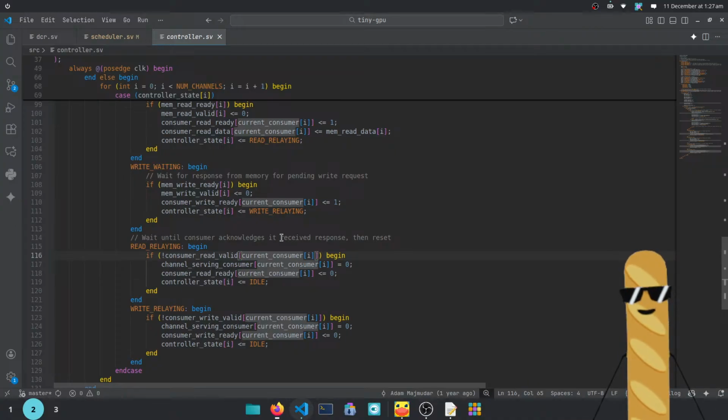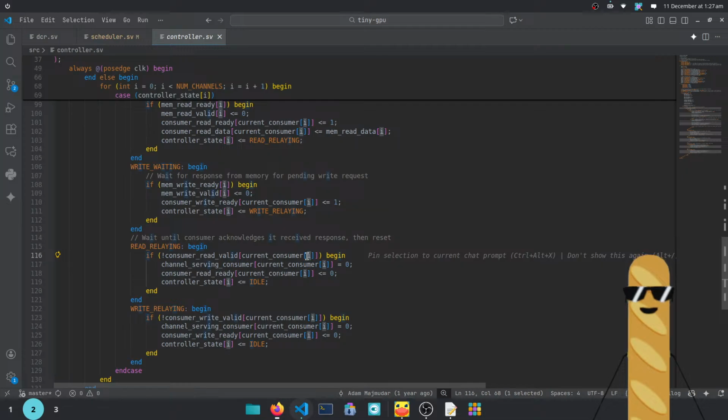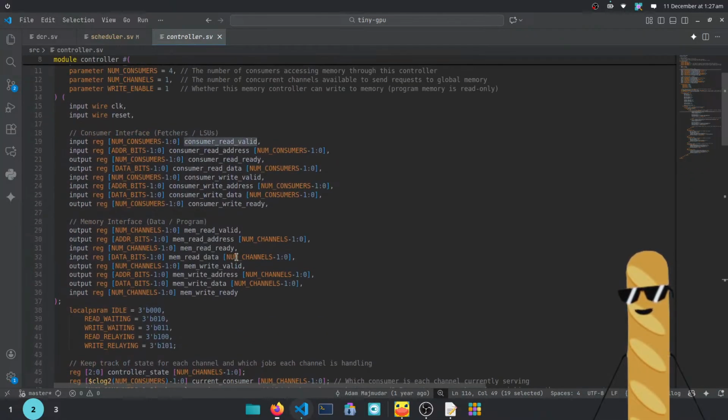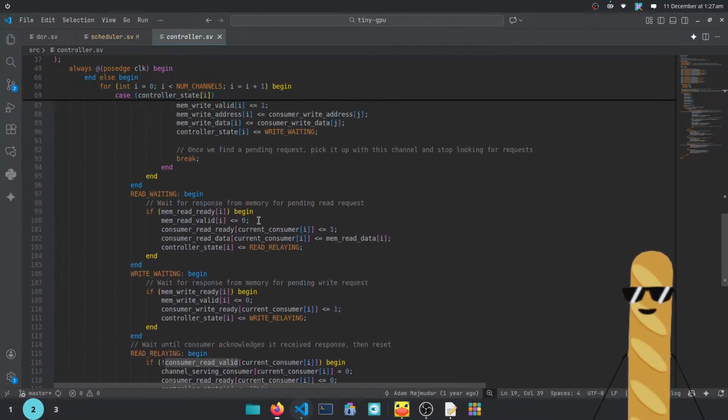So channel I is serving customer J, and that's basically J here. So if the consumer read valid is 0, what we're basically saying is that